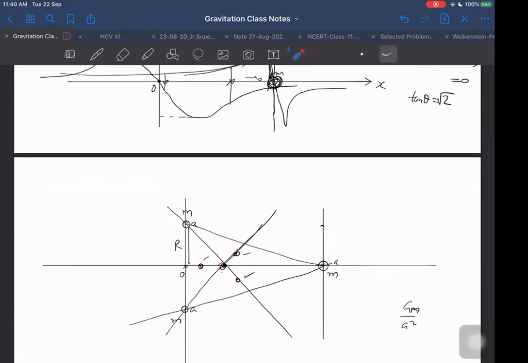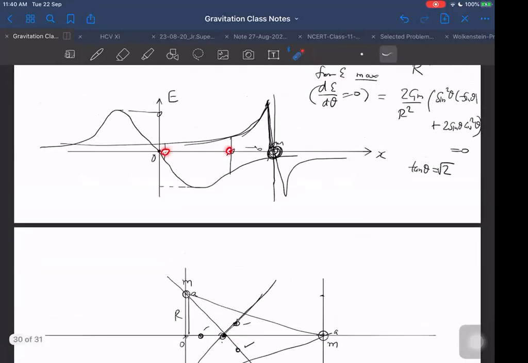Right or not? Okay. I agree, although inside the mass also there will be a null point, but that we are neglecting. I am taking null points only outside the masses. Sir, according to the graph, we got 3 null points now. That's what I am saying. 3, we got what? 1, 2, third is neglected because it is in the mass. Outside the mass, how many are there? Outside 2 are there, sir. So 2 only.